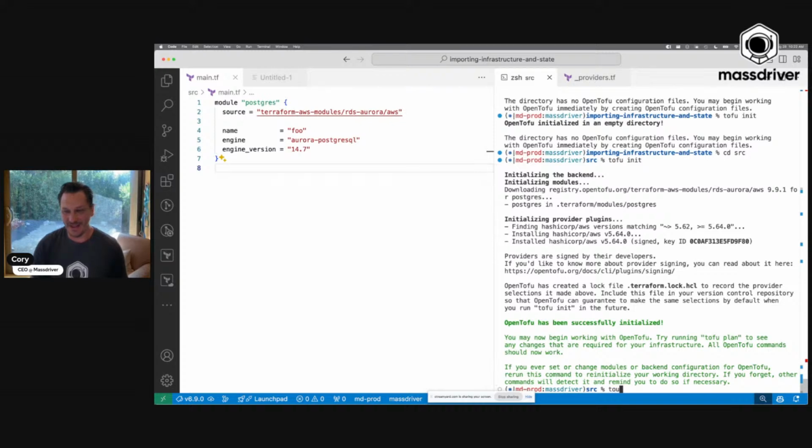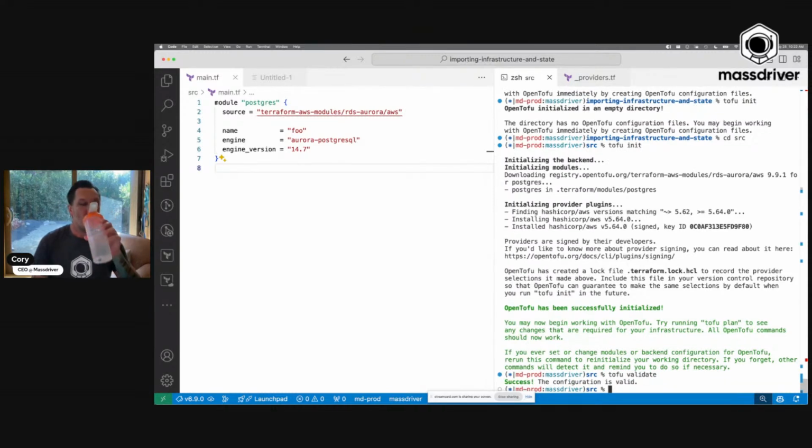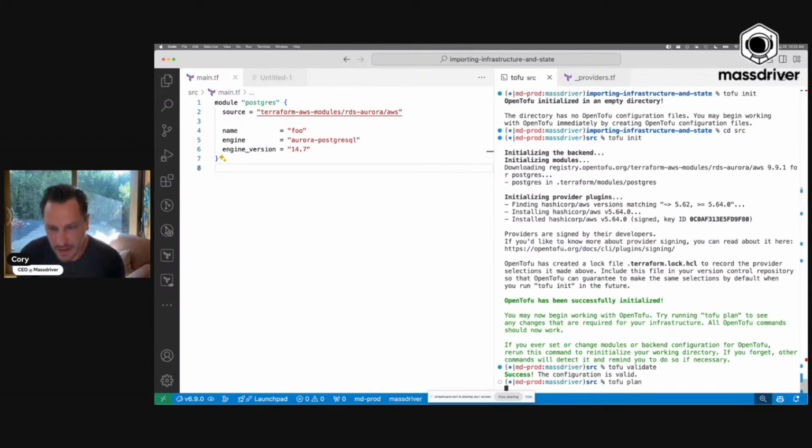Okay, so that tofu init worked. I'm going to go ahead and just run a tofu plan, right? We don't have much over here, just a couple of hard-coded values. I'll do validate first just to make sure all the Terraform looks good. That should come back pretty quickly. Configuration looks valid. I'm going to do a tofu plan, and we should hopefully see that it expects to create